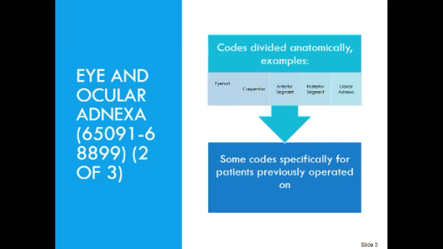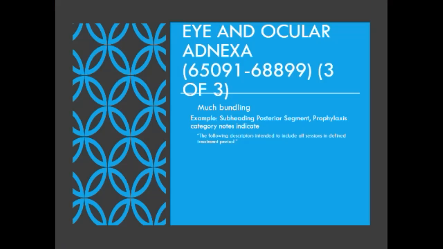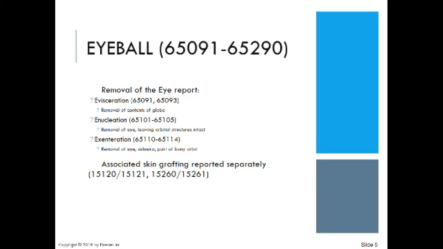Codes are divided anatomically, for example, eyeball, conjunctiva, anterior segment, posterior segment, ocular adnexa. Some codes are specifically for patients previously operated on. There's a lot of bundling in this section. For example, subheading posterior segment, prophylaxis, category notes indicate the following descriptors are intended to include all sessions in the defined treatment period. So let's talk about the eyeball,